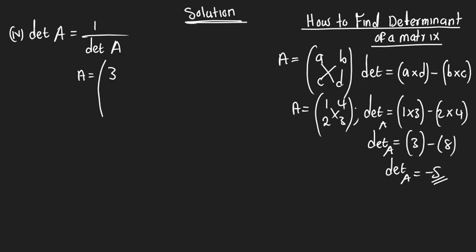3, 5, 0, 2, 0, 1, 1, negative 1, then 2. Now, to be able to find the determinant of A,